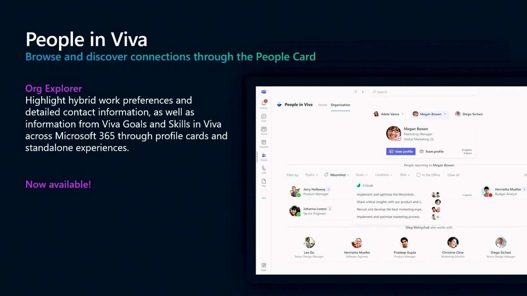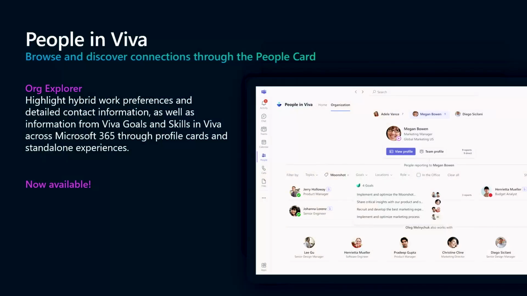It's directly inside of Viva here. We've got it inside of Outlook as well, or you can actually check into, here's a leader in this case. I can actually see how all of the folks that are connected here, and then I can also even see a roll-up of the objectives and key results that they have through Viva Goals. It's a really great way to be able to explore the organization, think about how people are connected in a different way, and ensuring that they have access to understanding about you as well.